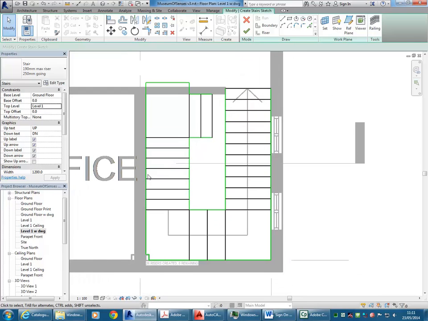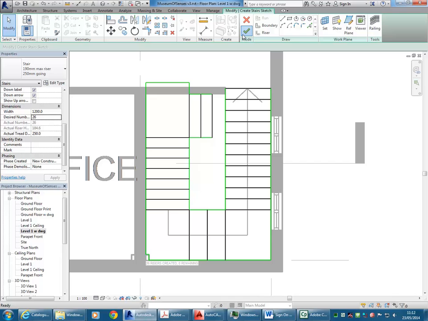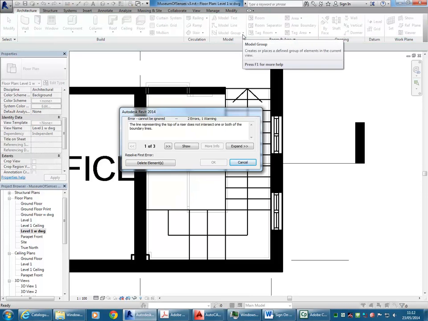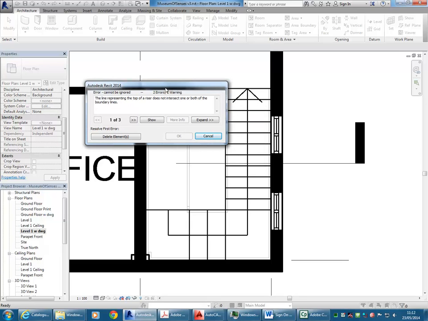So, okay, I've drawn all of the riser lines, and that's how it knows how many risers are in the stair. So you've got to make sure that you have the desired number the same as the actual number that you've drawn. This number here, 26, is the number I've drawn. So I'll finish that, and fingers crossed. Yep, okay, so it's telling me